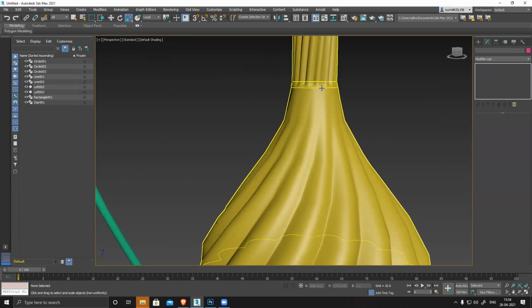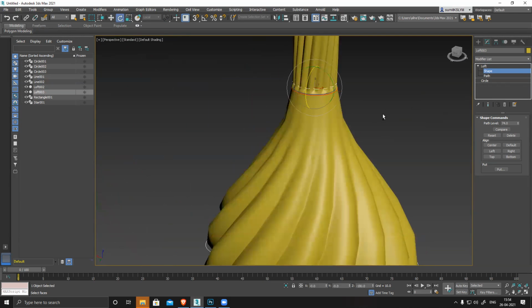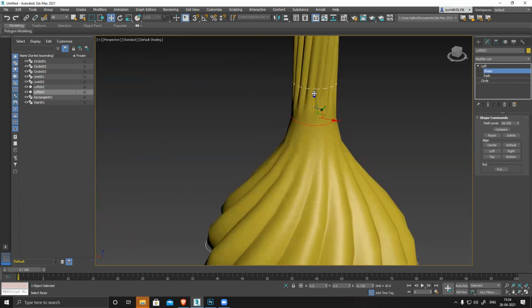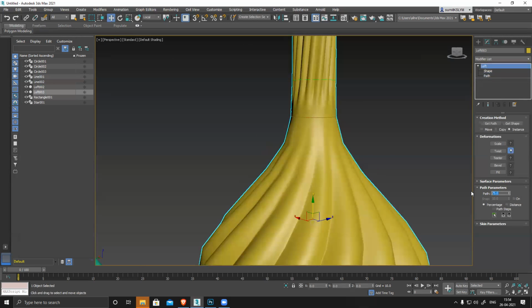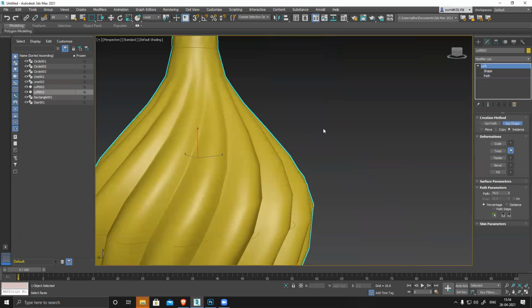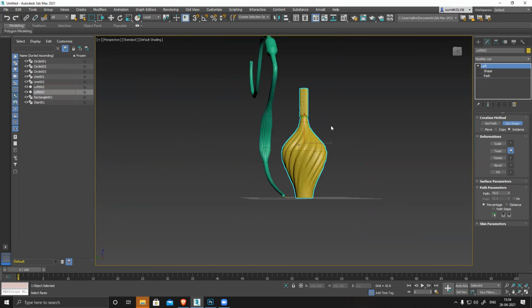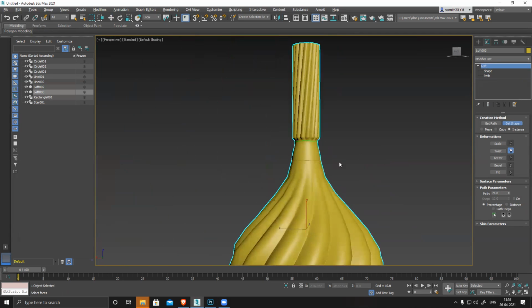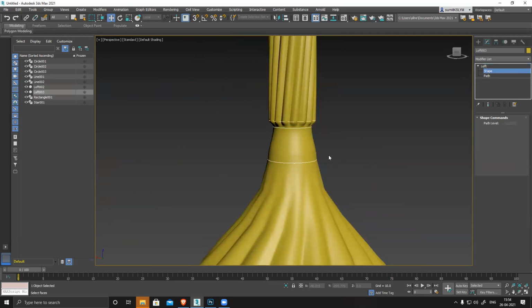deselect this and select this one. Sorry, select this one, move it down, move it down, and deselect. 74, shape, same circular shape, shape,